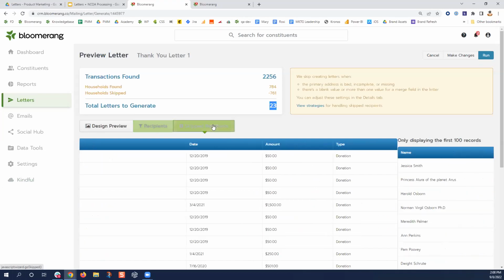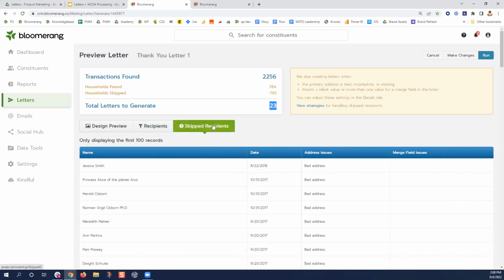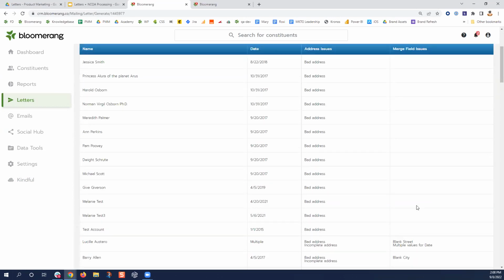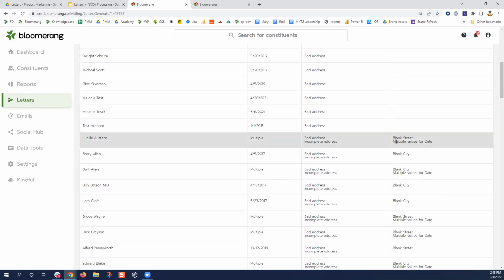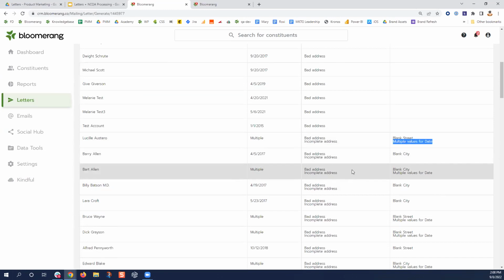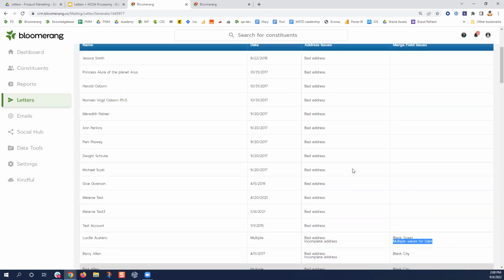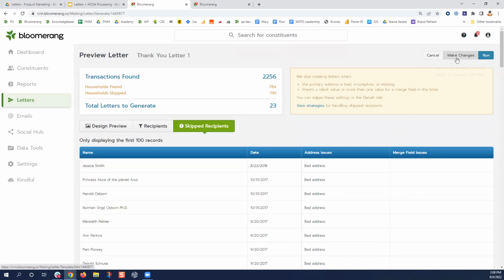And we also have the skipped recipients. Why are they being skipped? You'll see here that there are some address issues. There are some folks who have a bad address, and some folks also have merge field issues. So this could be they have a blank street or they have multiple values for date. Now it's picking this up because of a setting I'm going to go back to change here,